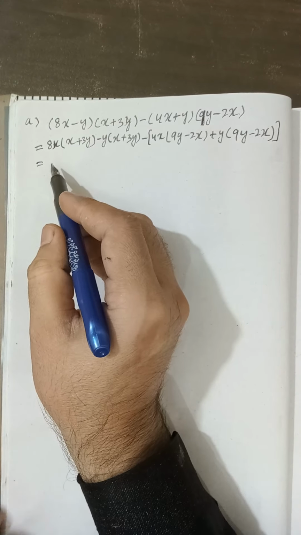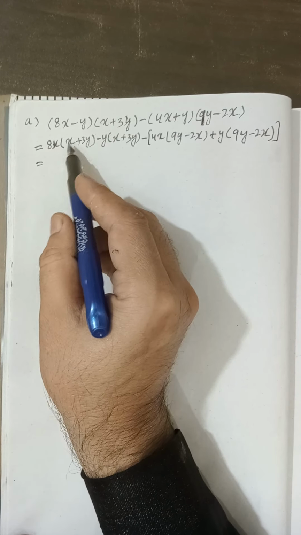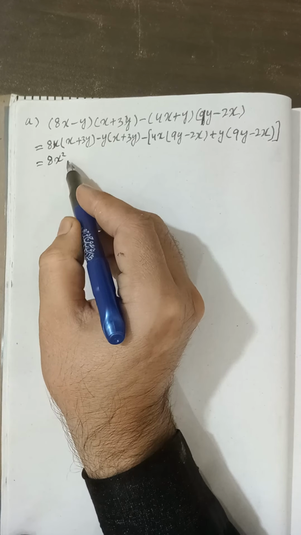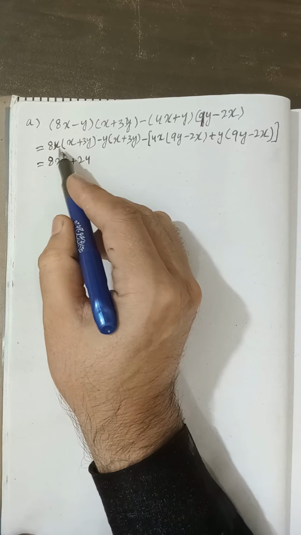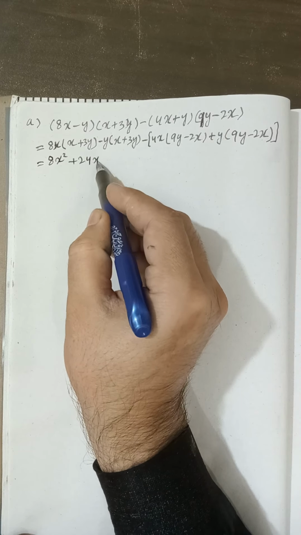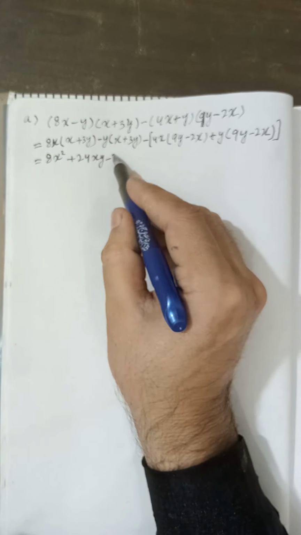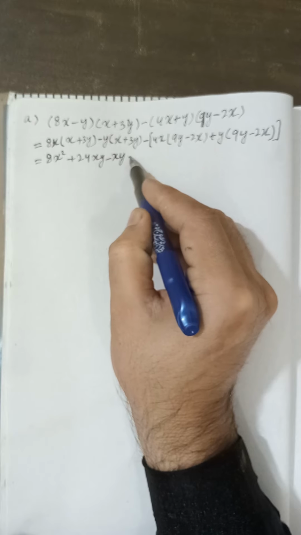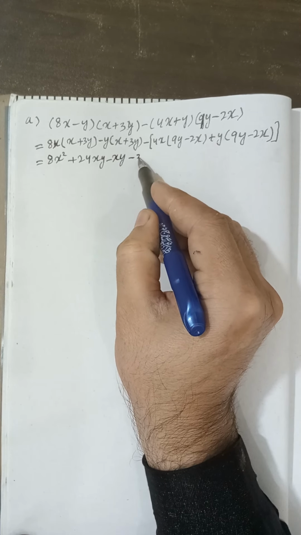Equal sign should be below equal sign as far as possible. 8 ones are 8 and x multiplied by x is x square. 8 multiplied by 3 is 24 and x multiplied by y is xy, minus when x multiplied by y it will become xy, and due to this minus sign you will change the inner sign. Y multiplied by y, y square,